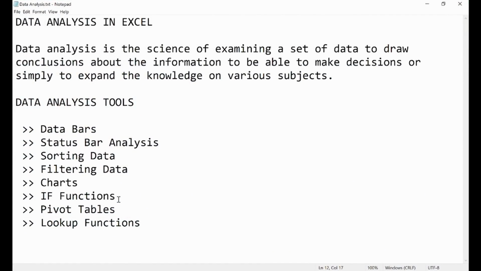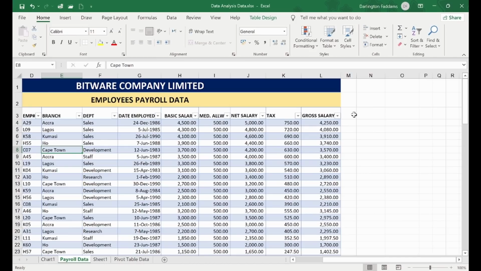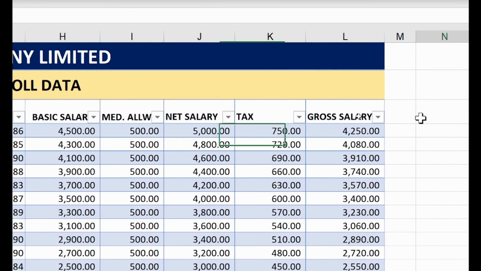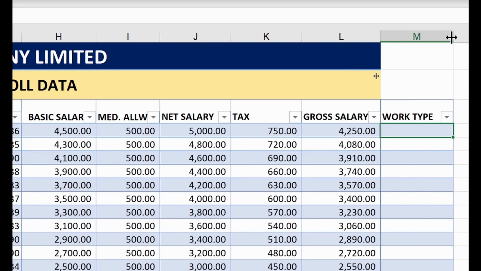If functions. All right, so if we have the if function, the if function can be used to give us some information. For example, we can say that we want to determine employees who are part-time and full-time. So let's say we have a column here for work type, and we want to know whether some of them are part-time and full-time, and so we want to use the if function to